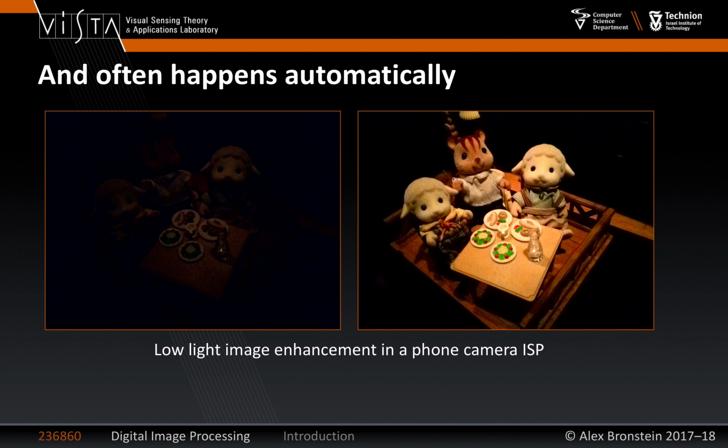Some of this editing happens automatically without us noticing it. So if you, for example, take this device, besides the camera chip, there is another companion chip called ISP, image processing pipeline, that, for example, takes an image like this, taken in low light conditions, and makes it like this. And it happens completely automatically. We just see a better picture, and we don't know what is the raw information that goes on there.